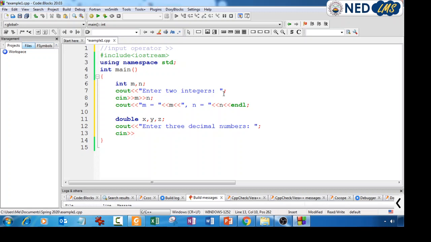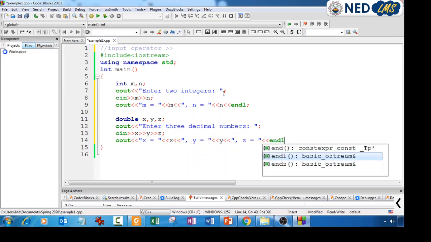So with the input operator, the first input goes to x, then the second input goes to y, and the third input which the user would enter goes to z. Then we cout whatever the user has entered, and we write the string "x equals" and another output operator. The actual value of x is going to be inserted over here, and then we write another string, "comma y equals", and then another output operator y, and then another string "comma z equals" and another